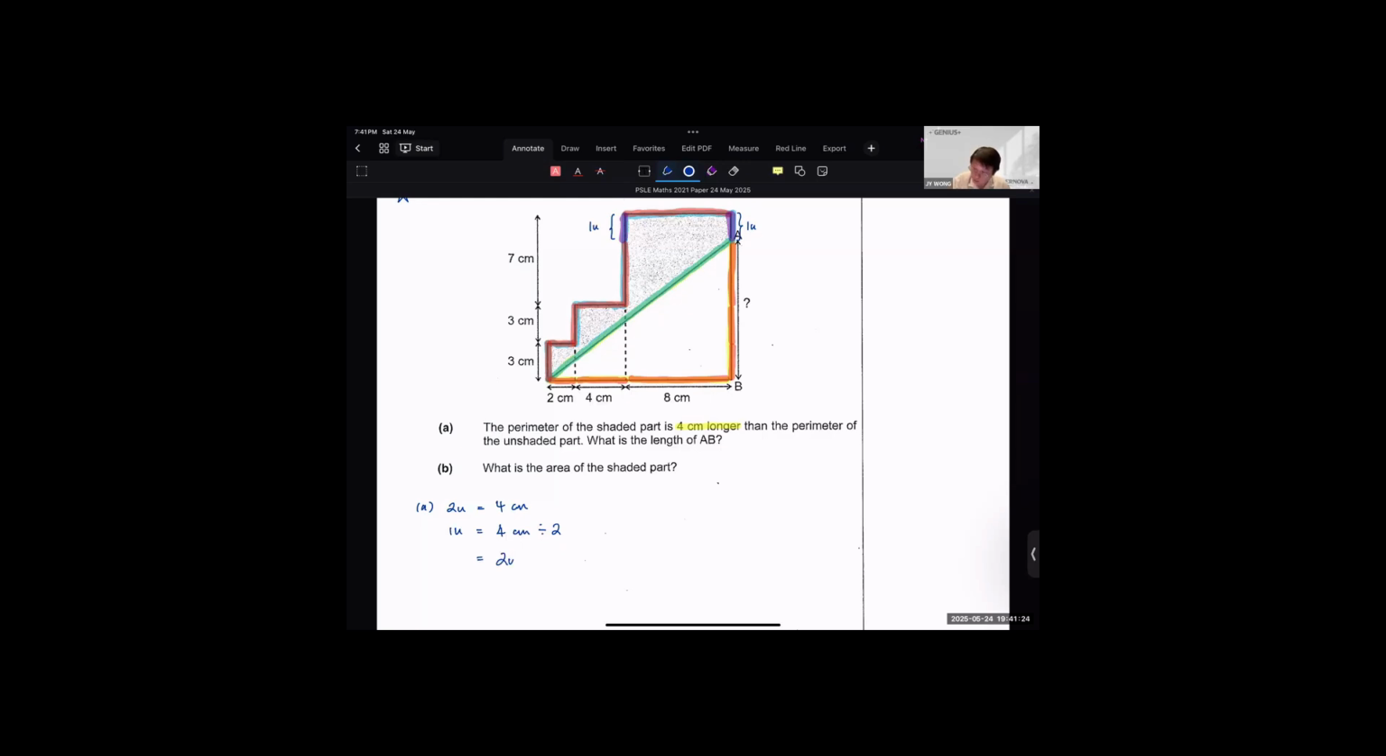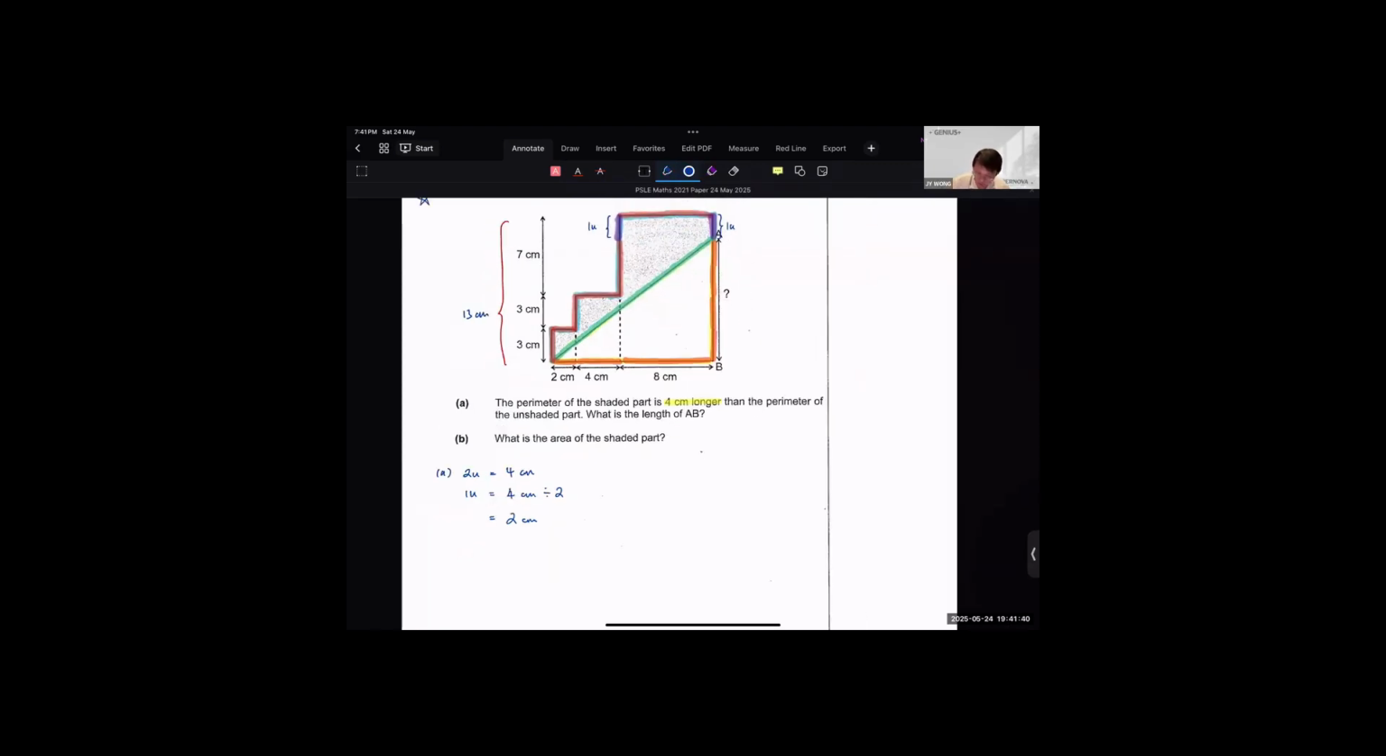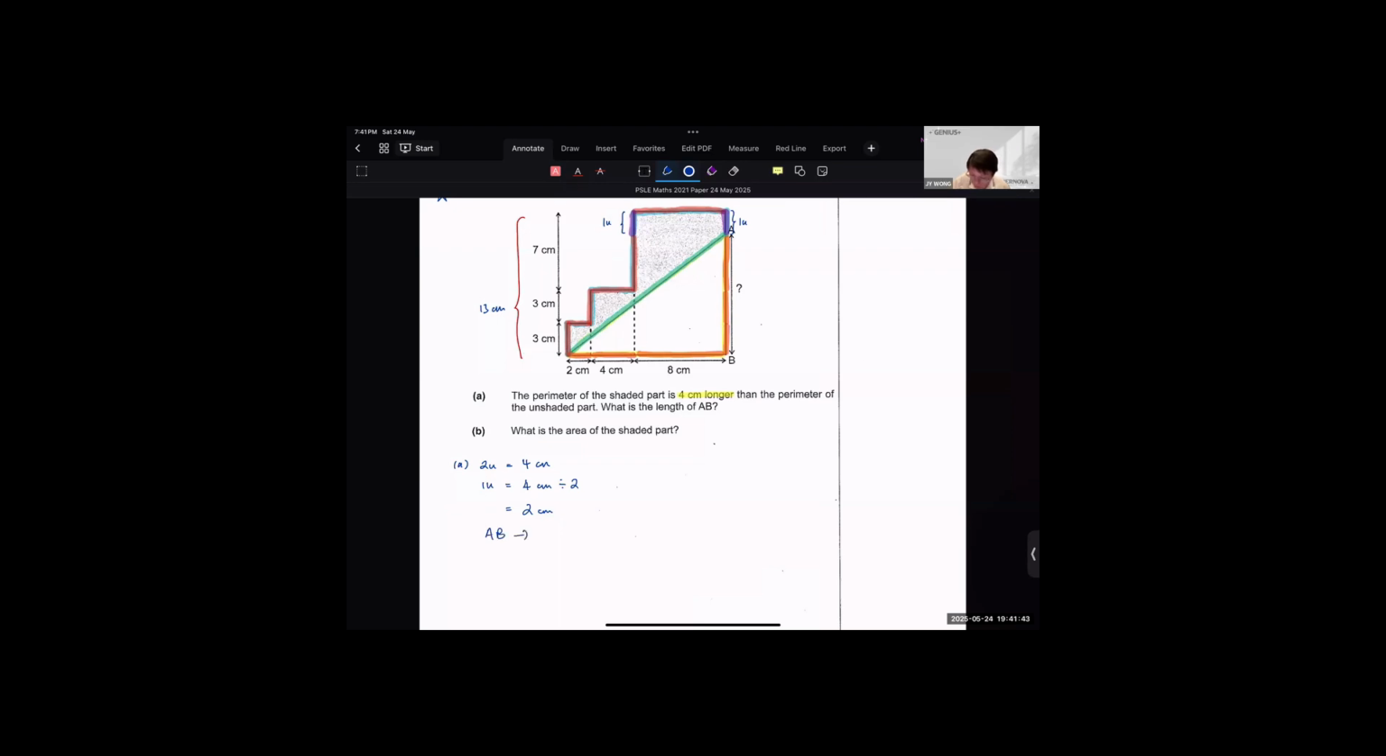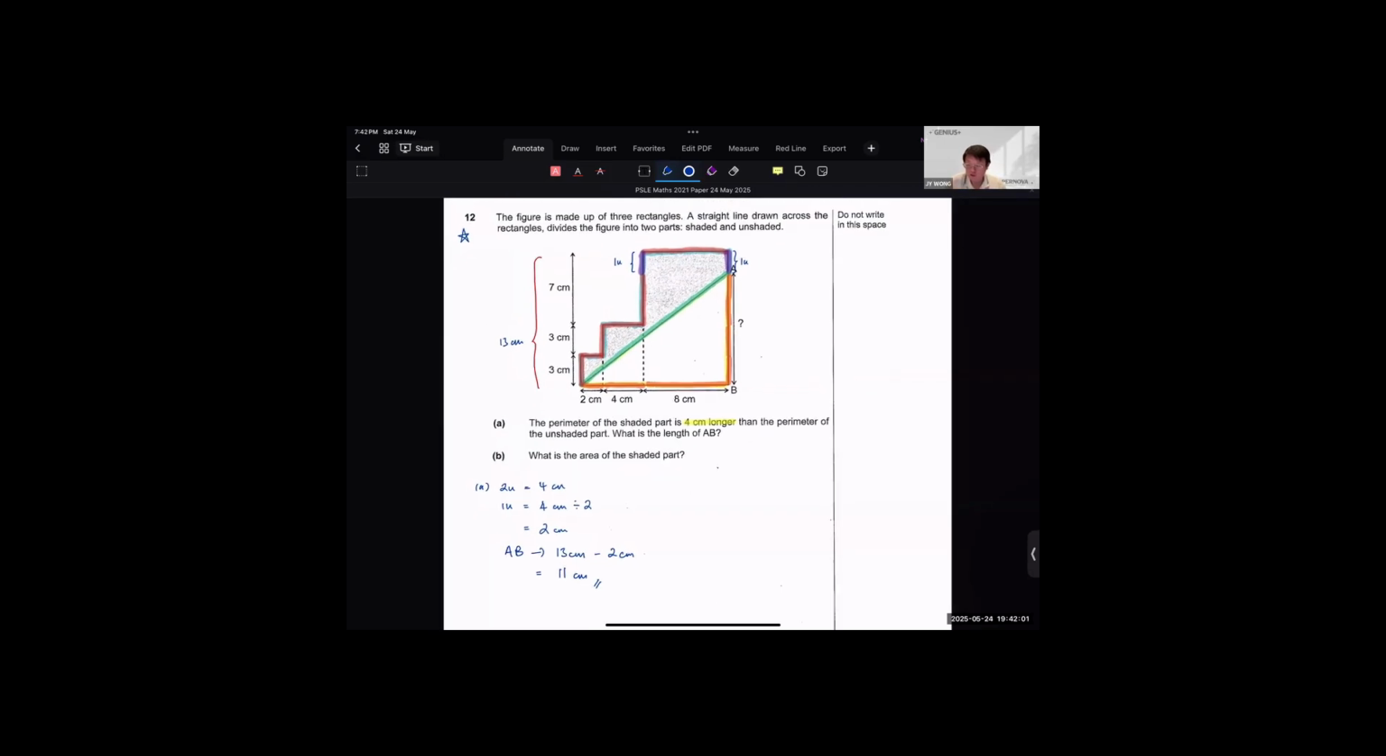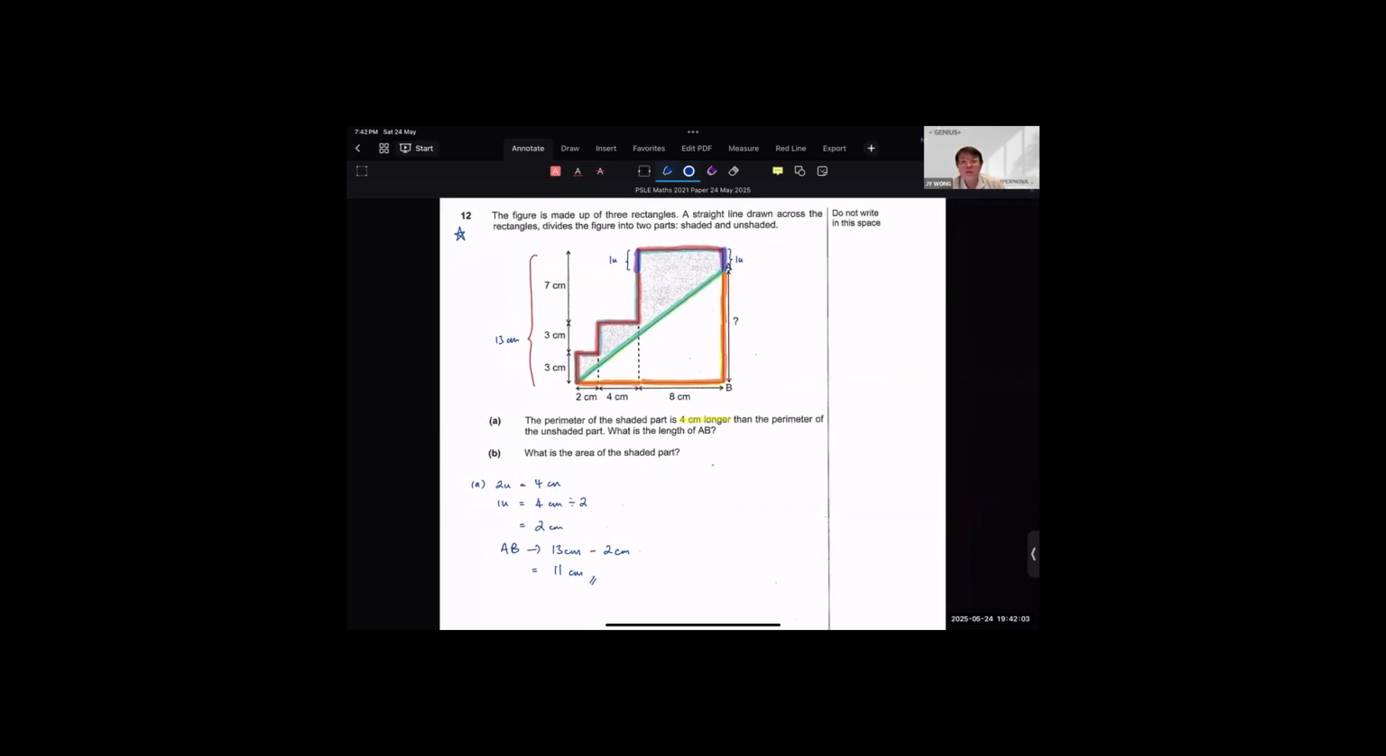And once I know that that is 2 cm, I can go and use my diagram to help me find the rest of the information. How do I find AB? I know this entire length, right? This entire length is 13 cm. And therefore, AB is just 13 cm minus 2 cm to give me 11 cm. You all understand the logic? Okay,